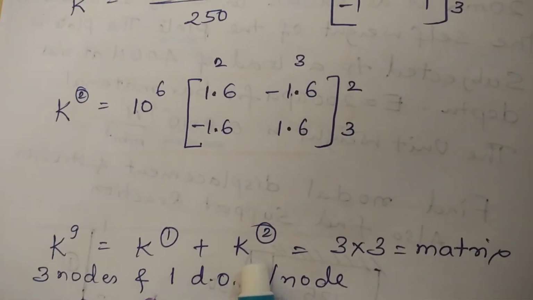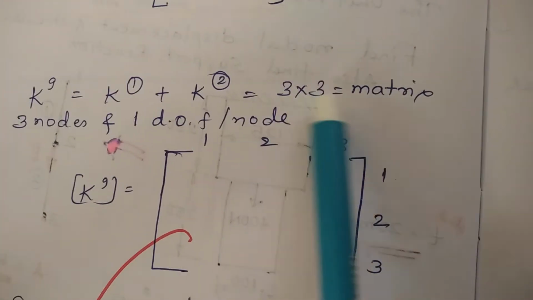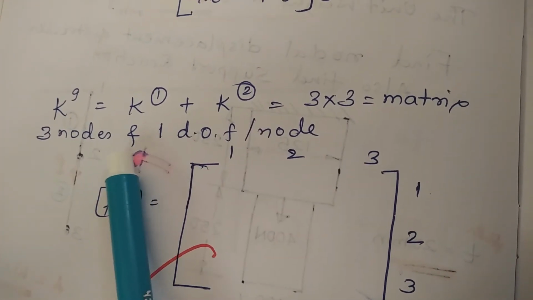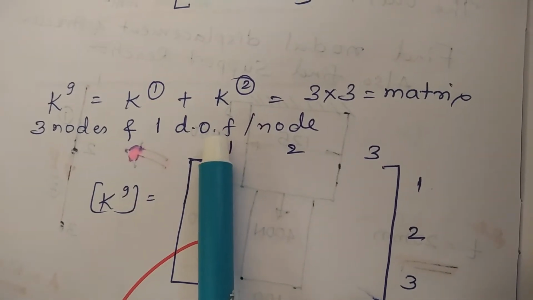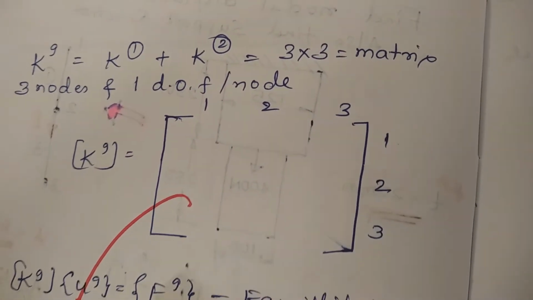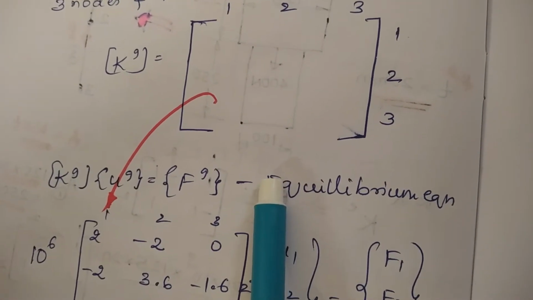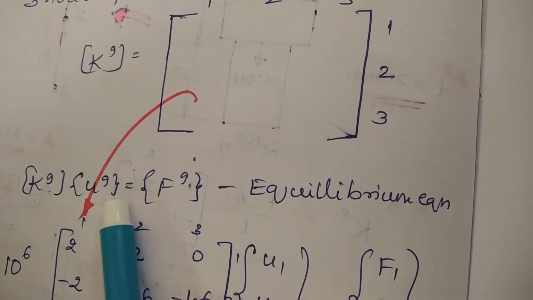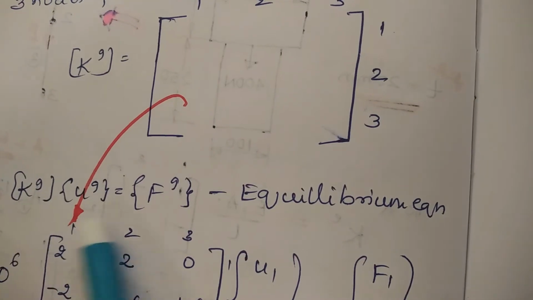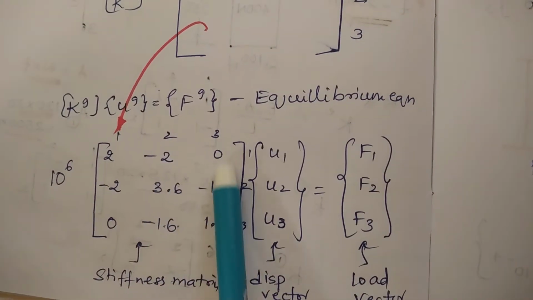Then you need to add the stiffness matrices. Since the size of the global stiffness matrix is 3 cross 3, because you have 3 nodes and at each node you have 1 degree of freedom, it will be a square and symmetric matrix, 3 cross 3. It's a well known concept. So you write an empty 3 cross 3 matrix. Now write down the equilibrium equation, which you are well aware of in structural mechanics. Based on structural mechanics, we apply the principle of minimum potential energy. You are going to get K U equals F. Then fill the stiffness matrix.